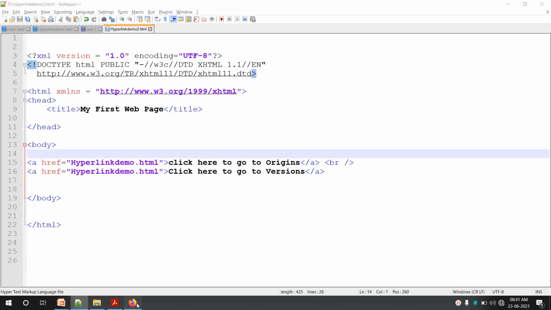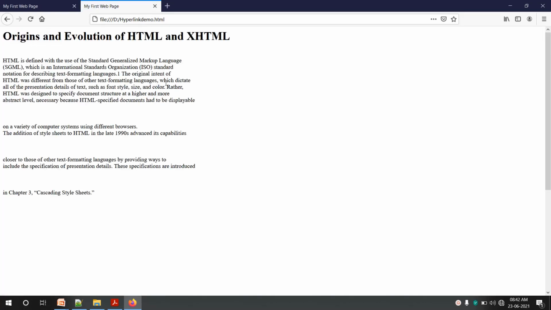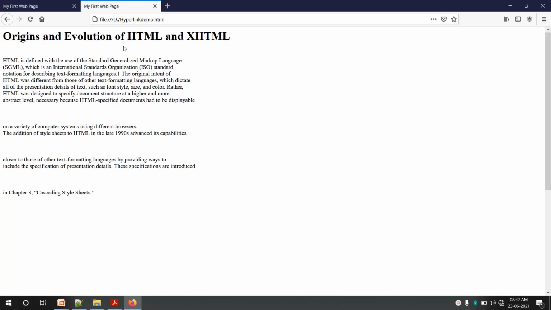Okay, saved. Go back, refresh, and when I click on this first, you can see it is opening the hyperlink demo file. Okay, and if I click on the second, that is version, it is opening the same hyperlink demo file, but it is not scrolling down and it is not taking me to version and HTML, XHTML.